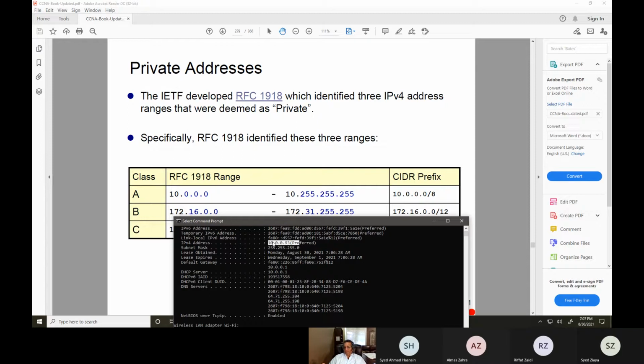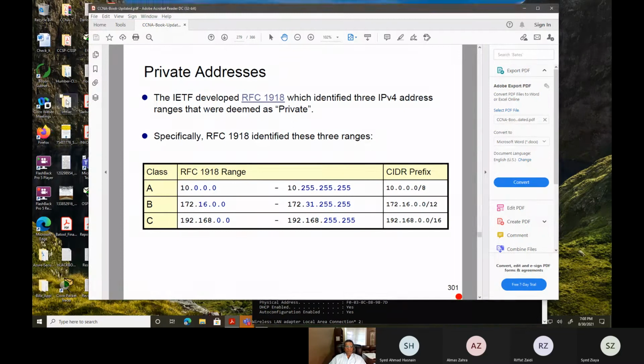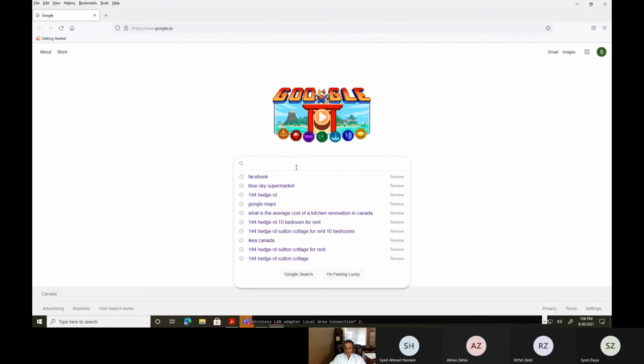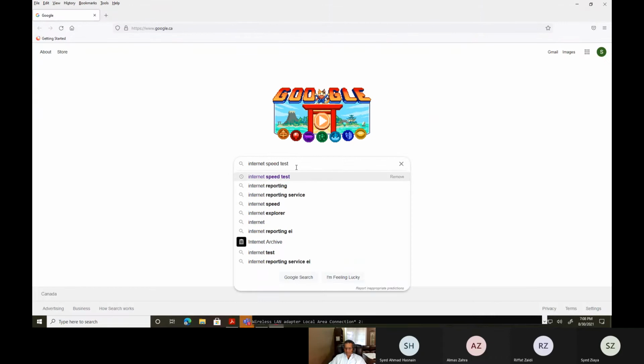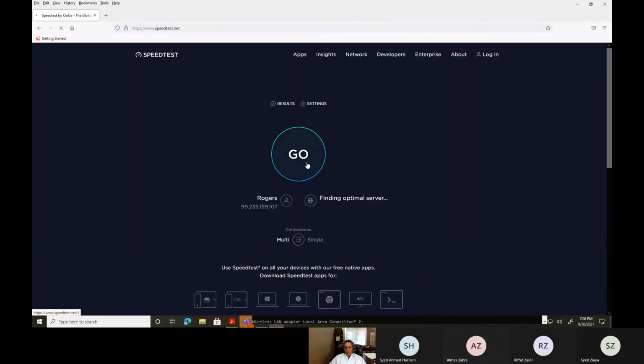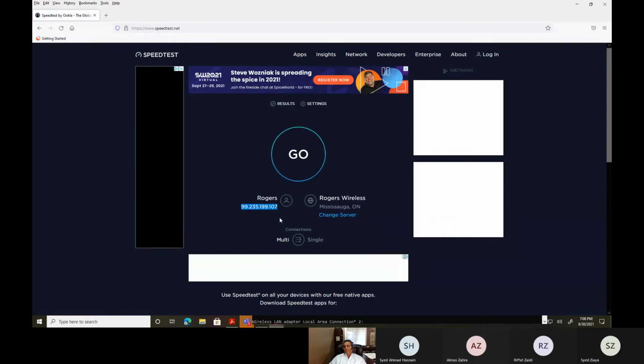You will not be able to see it, but remember I told you, if you go on the, what do you call it, internet speed test. So if I go here and do the internet speed test and pick the first one, Okla, and look at this. This is the IP address I'm getting converted to, right?